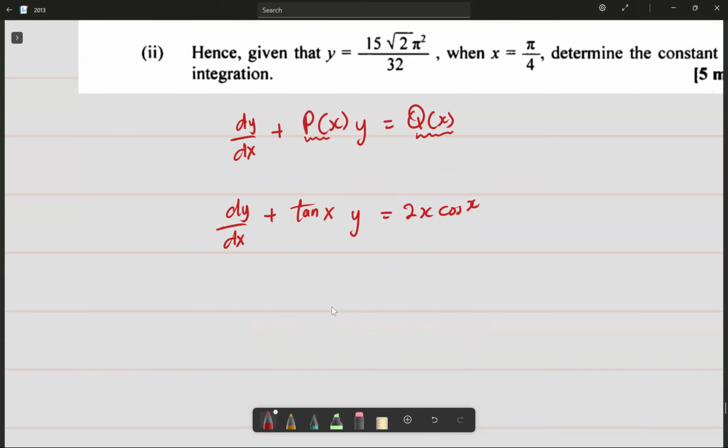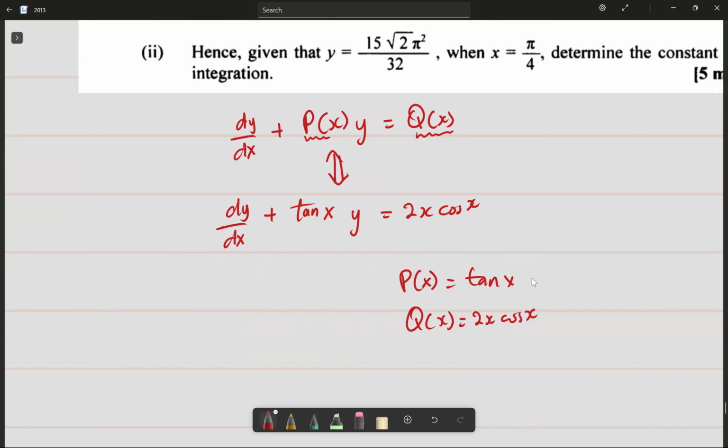Now we say, okay, this looks exactly like the form that I need. So P of x is going to be tan x, and Q of x is going to be equal to 2x cosine x. Now we are going to say let u be equal to e to the integral of p of x dx. This is e to the integral of tan x,